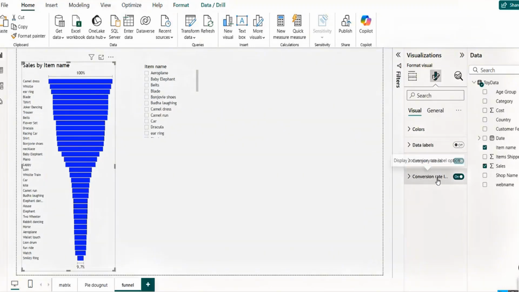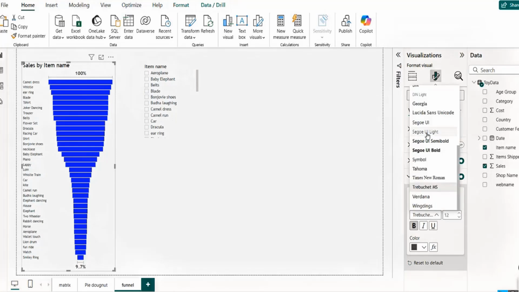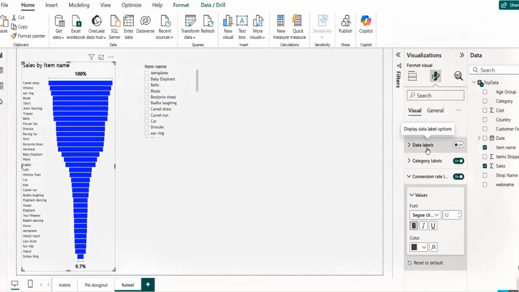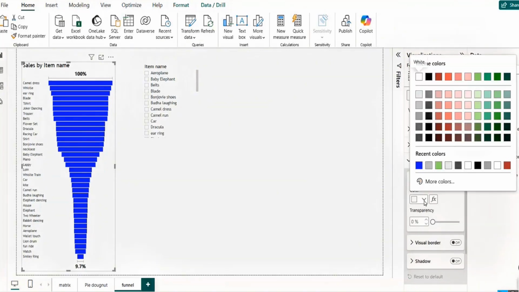Conversion rate is all about this, very much. If I'm creating the funnel, I'm creating it for this, so I will not turn it off. In fact, I can make this bigger, something like this, so that people can focus on it. It becomes more catchy. Okay, so in the general tab they have covered all these things. I'll just quickly go and change this to